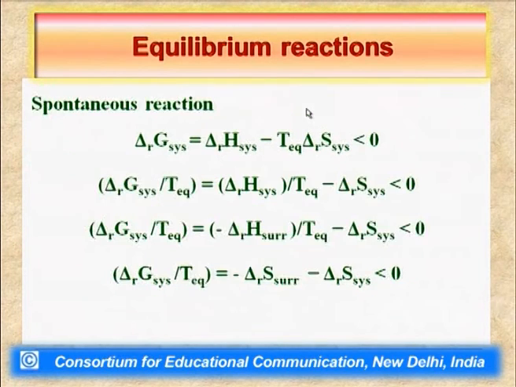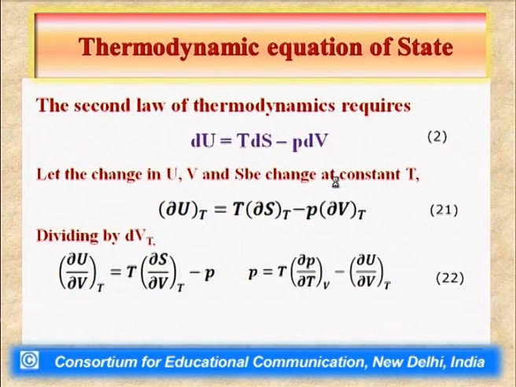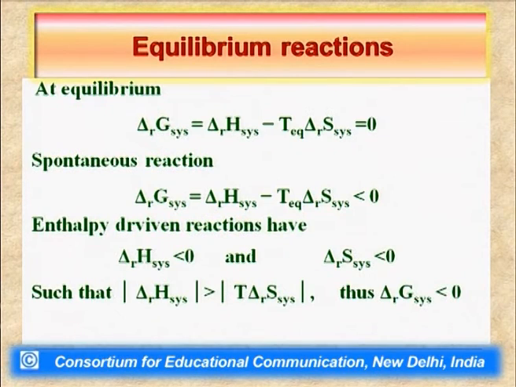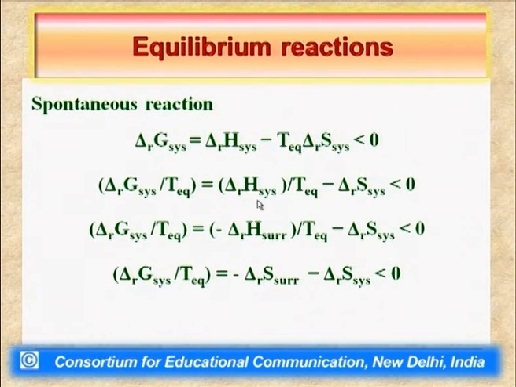Now suppose there is some reaction in which this delta_r S is a negative value, it means that the entropy of the reaction system decreases. Then delta_r S will be a negative value, and when multiplied with the negative sign it becomes a positive quantity. So, in order to have Gibbs free energy of the reaction system be a negative quantity, in order to have a spontaneous chemical reaction, it is only then